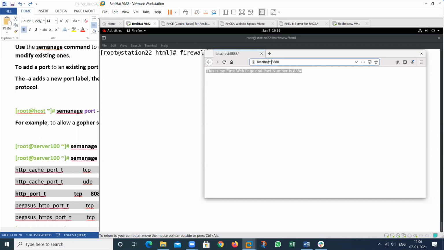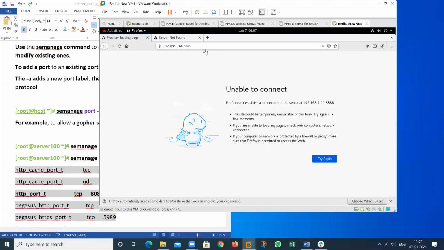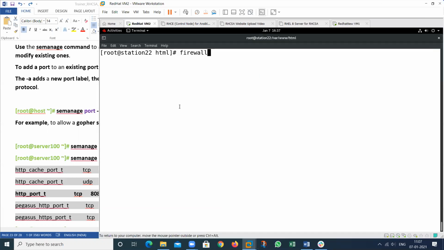If you want to allow this service for others also, you have to apply this in the firewall also, because the firewall denies any service through the network. I want to open this service through the network, and that is not allowed. So we should apply this service in the firewall.